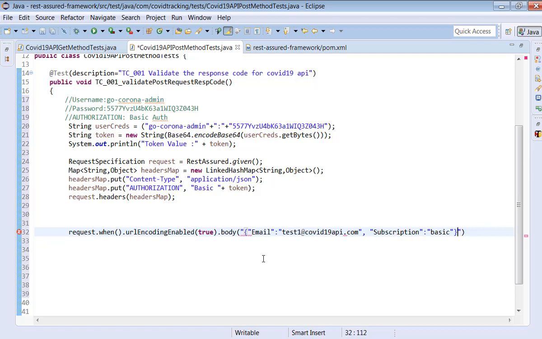Now we have to put a backward slash before the double quotation here. It is very important. Whenever we put the body, you have to put one backward slash before the double quotation, so that it will be considered as an exact double quotation which is part of the body.